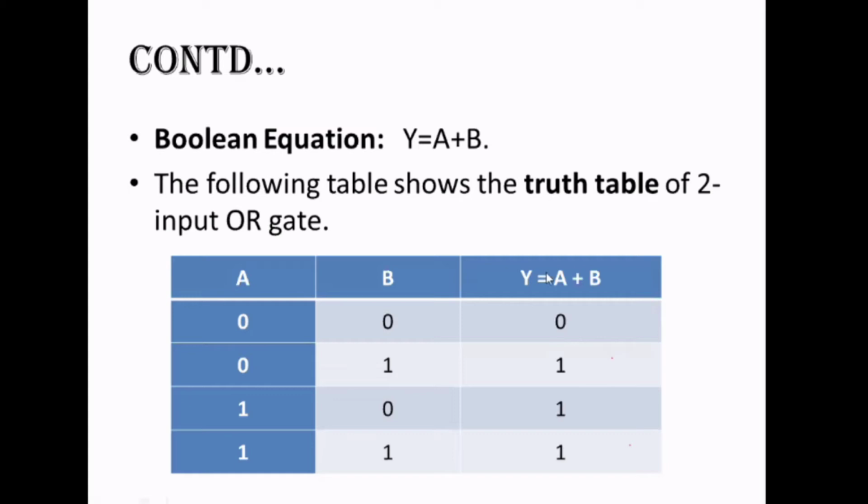Over here, in the second row, you can see the A input is low, B input is high, right? 1 means high. So this is low, this is high. When you are presenting low and high input, what output are you getting? So this is how the input is presented in the truth table.